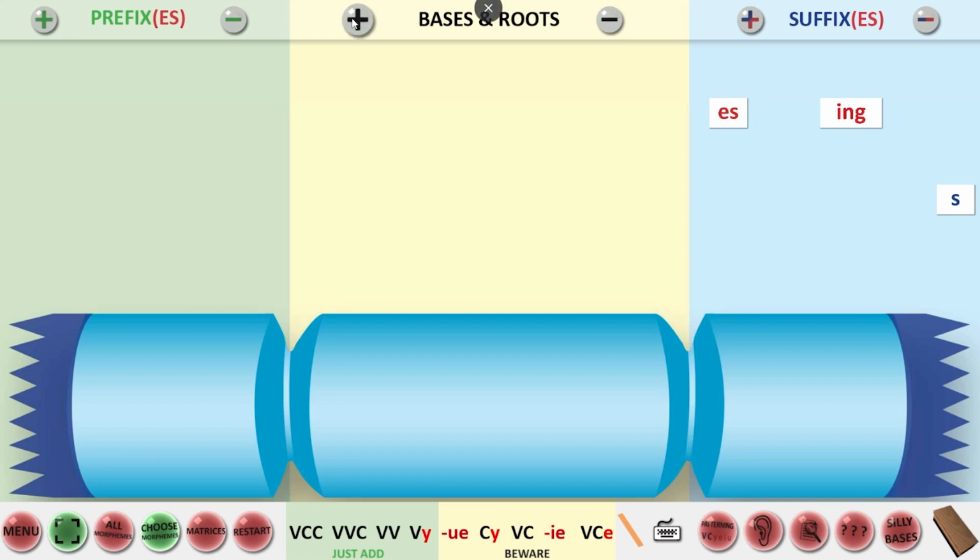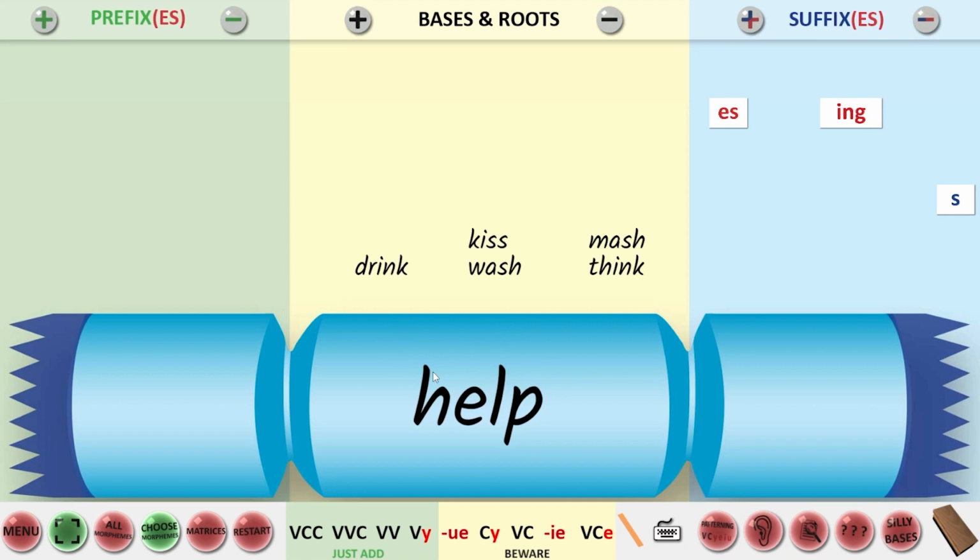Then I'm going to go to the base word and simply type in some words which are in the phoneme structure to which I've taught. In other words, they're not going to include any letters I haven't taught to my student. So let's go with help, and let's go with kiss, and let's go with mash, and 3 more: drink, and wash, and think. Then I can just bring one of those base words down, see how it gets bigger as it goes onto the cracker,